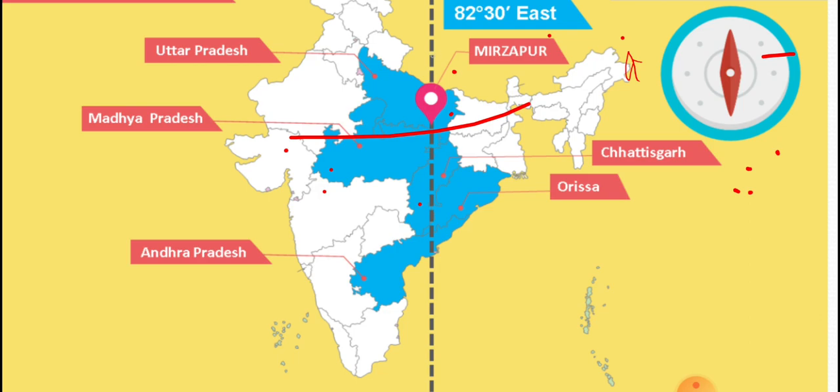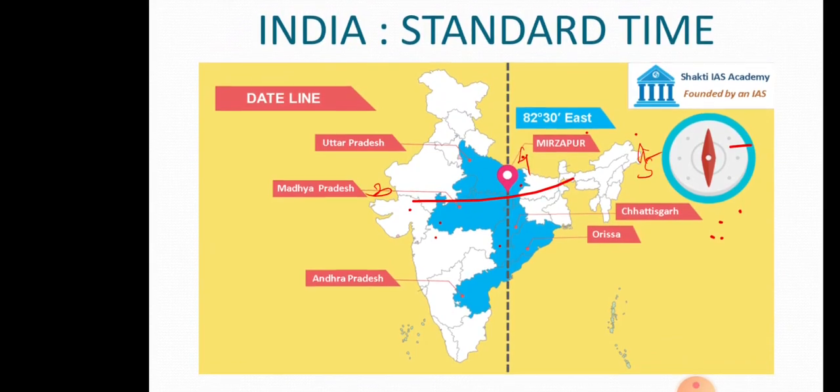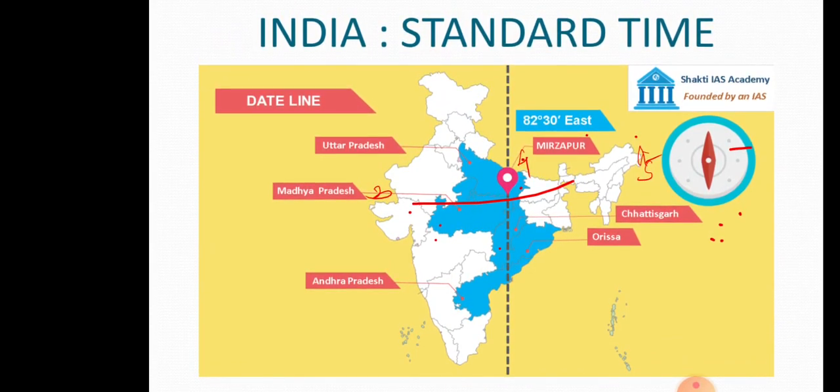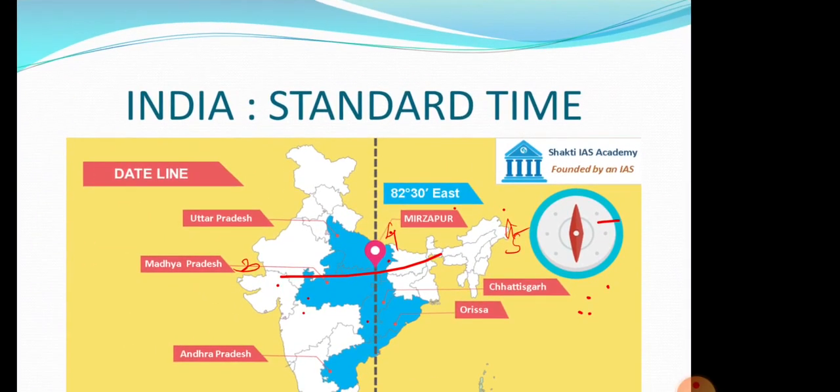Now that means this area, suppose Arunachal Pradesh it is 5 o'clock, it will be 4 o'clock over here in the morning, and in Gujarat it will be 3 o'clock. So there won't be much difference between the local time of the different parts of India because of the Indian Standard Time, IST line. Now what is standard time and what is local time? We'll see that from this slide.